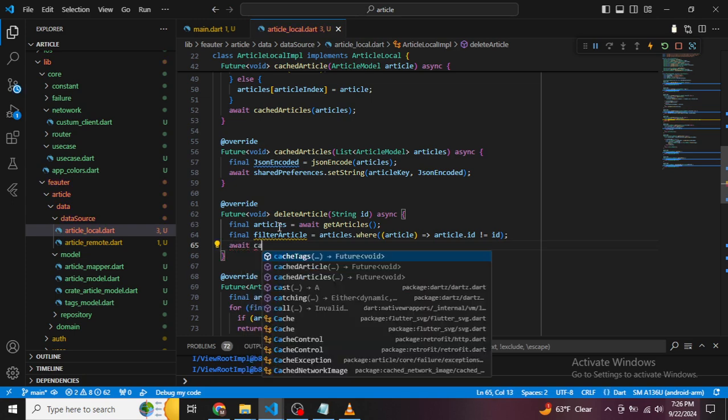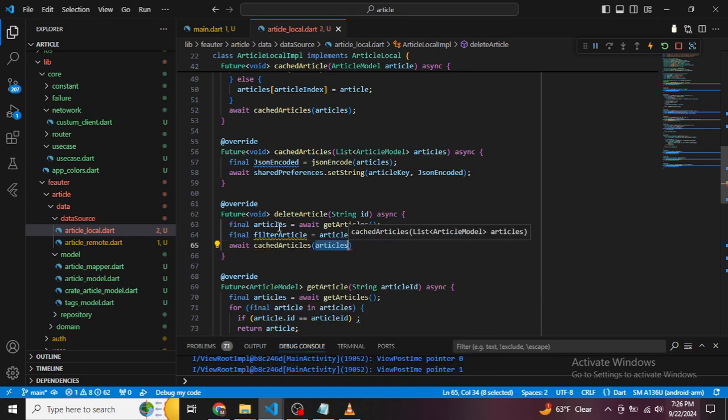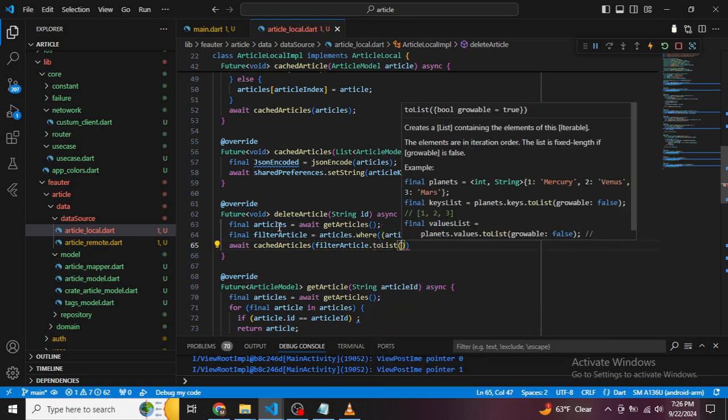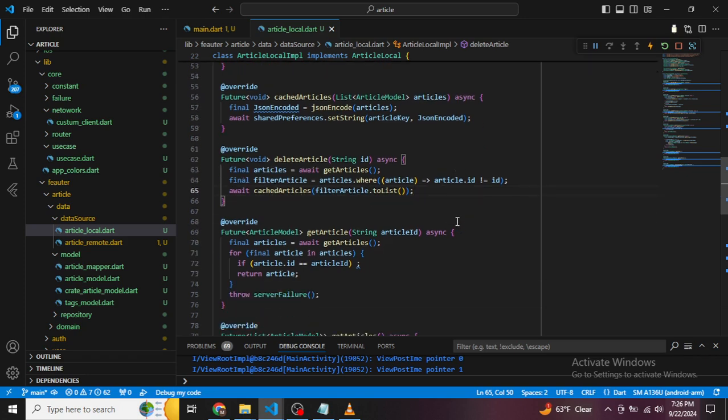Wait. We need to update cache articles, but based on this filter to list. Based on this, we are going to update our cached articles. That's how we are going to delete an article from our local data source. The next thing we need to do is get article and cache article. To get article, what we are going to do,